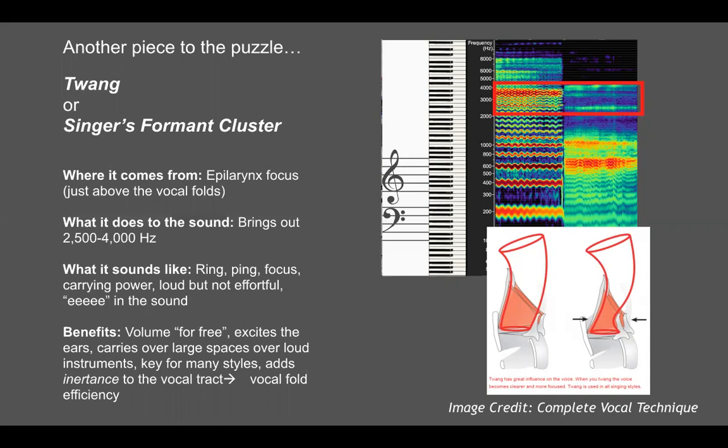Singer's formant cluster is pretty male classical singing biased in the research done on it. So of course the unfortunate part about twang is that it relates to country music, and people often have negative associations with that. Or positive, if you grew up in the South like me. So what this is